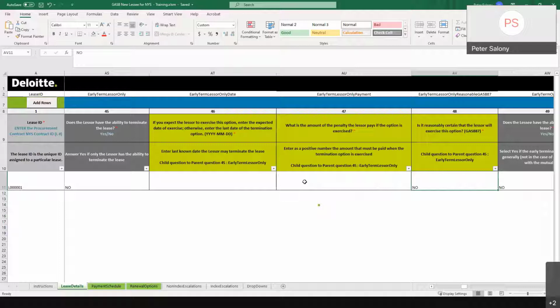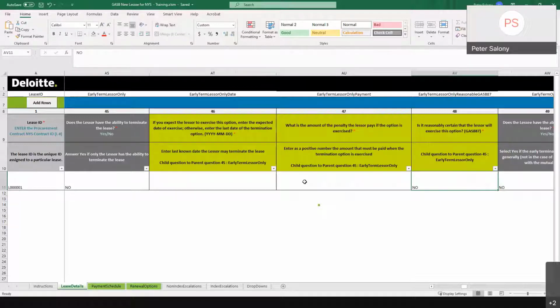You'd want to have some sort of backup documentation, whether it's a white paper or something in your files, that says why you believe it will happen or won't happen, just for down the line, an auditor could ask why was this option taken, why wasn't this reasonably certain, give me the walk through your methodology. So keep that in mind when answering yes or no to an option